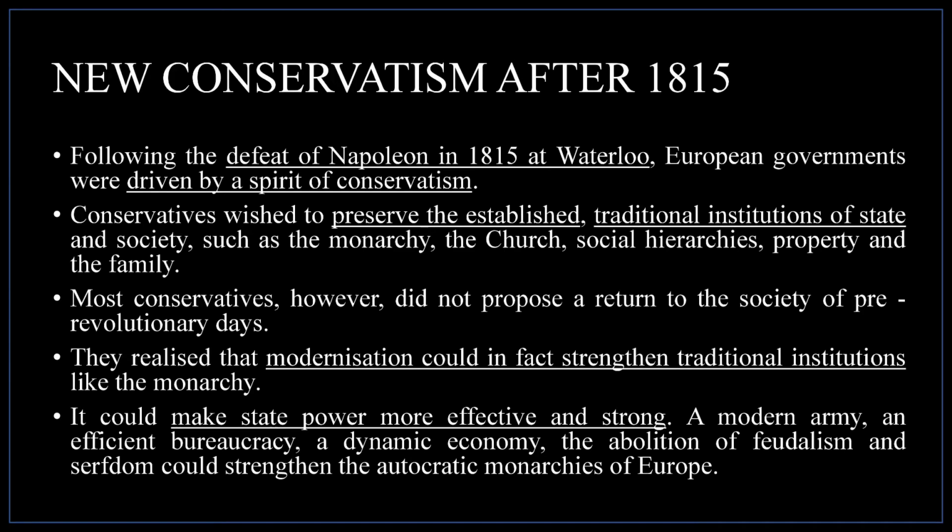Following the defeat of Napoleon in 1815 at Waterloo, European governments were driven by a spirit of conservatism. Conservatives wished to preserve the established traditional institutions of state and society, such as the monarchy, the church, social hierarchies, property, and the family. Most conservatives, however, did not propose a return to the society of pre-revolutionary days. They realized that modernization could in fact strengthen the traditional institutions like the monarchy. It could make state power more effective and strong. A modern army, an efficient bureaucracy, a dynamic economy, the abolition of feudalism and serfdom could actually strengthen the autocratic